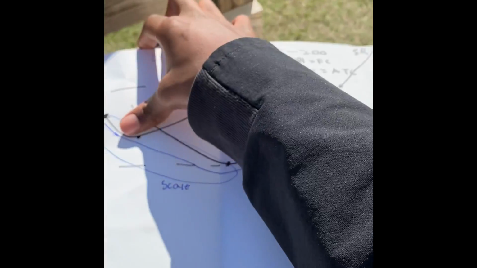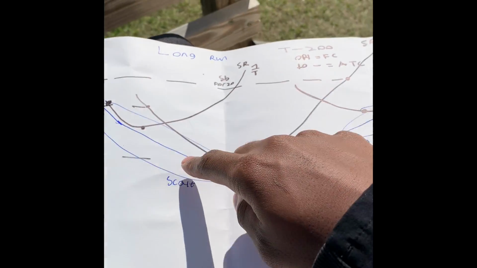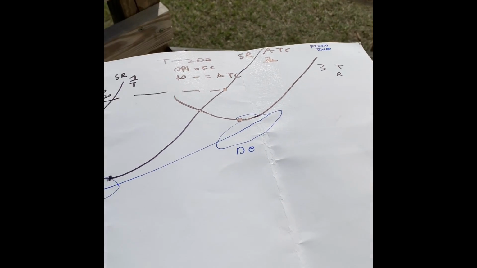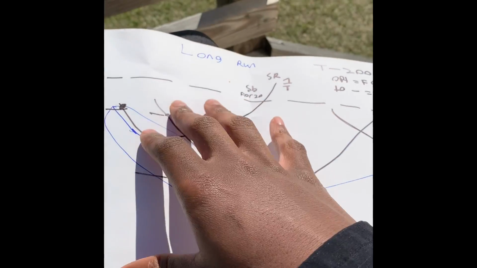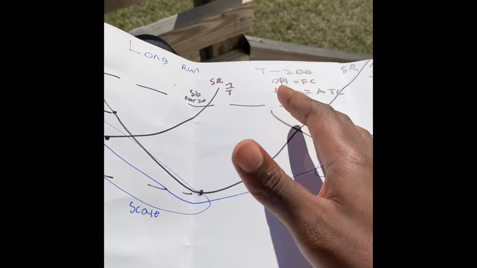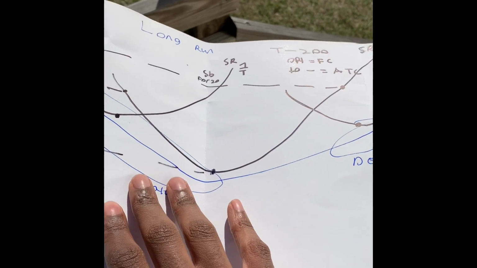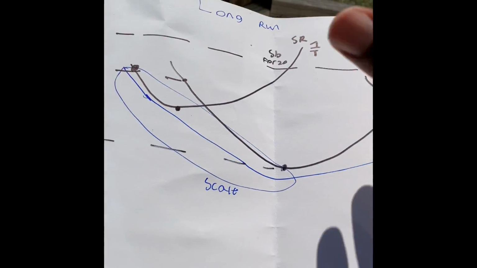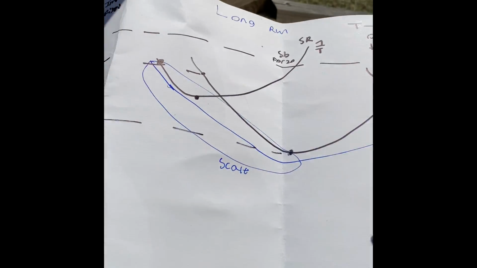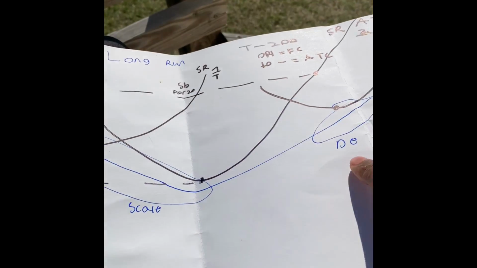And see right here, when connected all together, that becomes your long run curve. And as you can see, the long run curve is made up of short run average total cost curves. Because this season he's selling 200, so he starts with 2 trucks. He's able to go to 1, or he's able to go to 3. Now, as you can see, it curves like this.